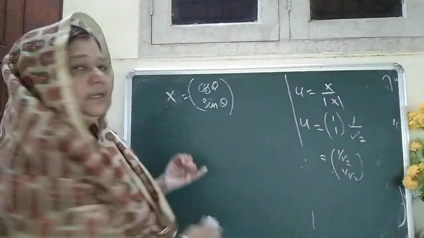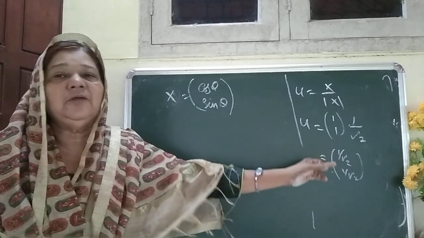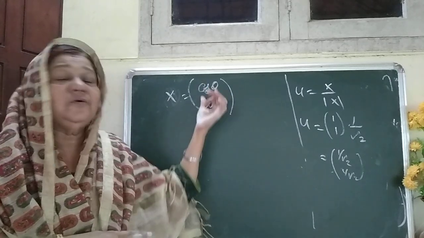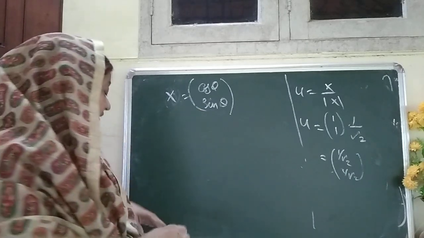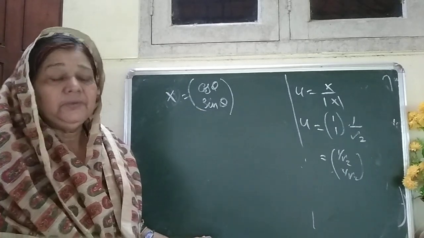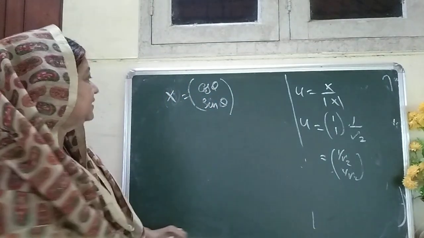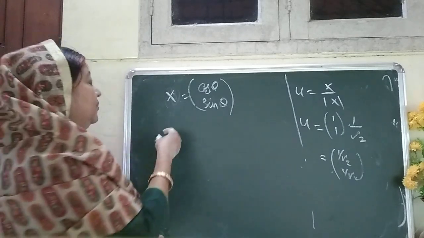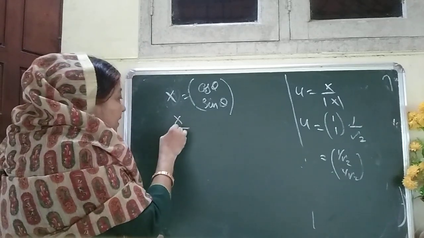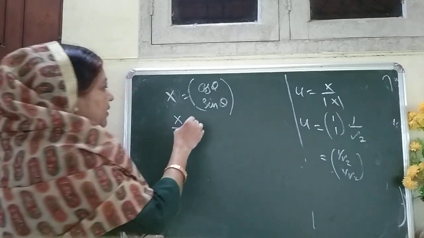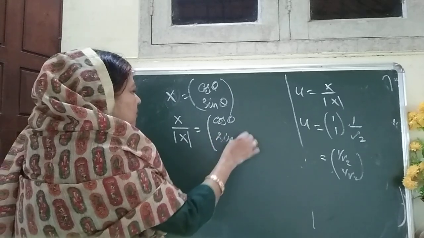So we find e1 equal to (1, 0) is a unit vector, (0, 1) is a unit vector, (1 by root 2, 1 by root 2) is a unit vector, also (cos theta, sin theta) is a unit vector. Also we see that for any vector, that vector divided by its modulus is also a unit vector. So we have come on to another important result: for any vector x, x by mod x is always a unit vector. So it can be represented as the unit vector (cos theta, sin theta). It is a constant unit vector.